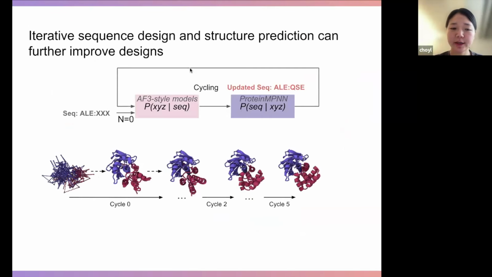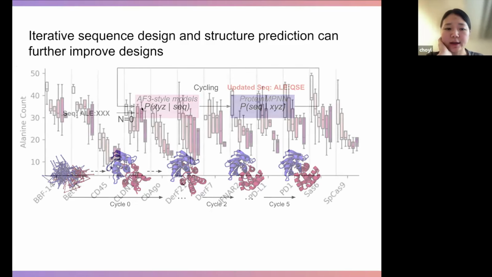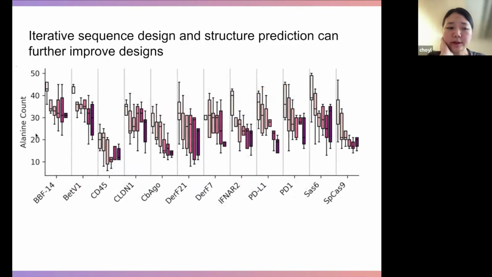Yeah, so as Hannes introduced, we figured out that with a random amino acid sequence, the model can hallucinate and generate a good looking structure. And by repeating this process, we can increase the confidence score and then the success rate of this design. So this is the whole pipeline, the iterative sequence design and structure prediction. And the one observation we figured out, and we thought this is really cool, is